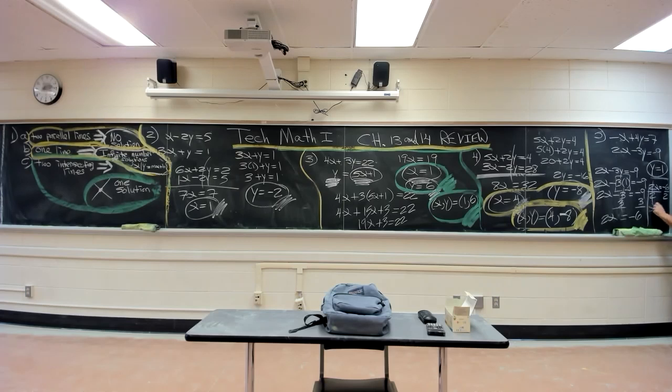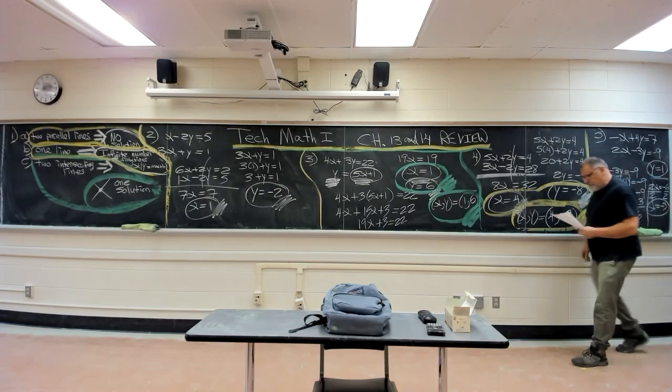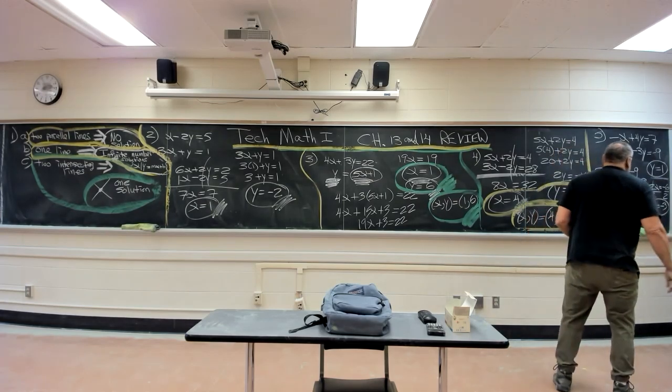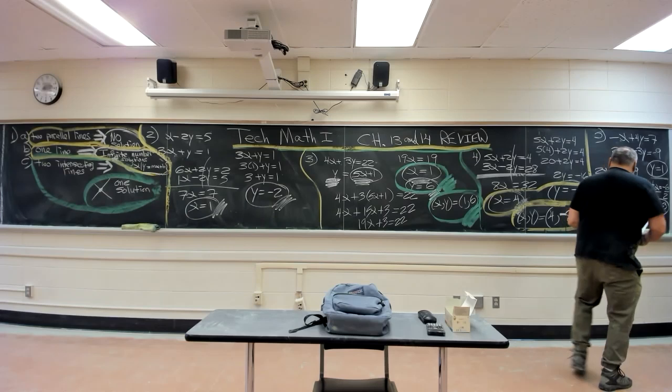Divide by 2 on each side. Negative 3. X equals 1. X equals negative 3. Didn't have a whole lot of room on that one, guys, but there it is. So when you're looking at it,